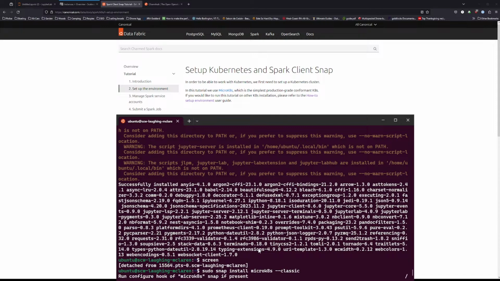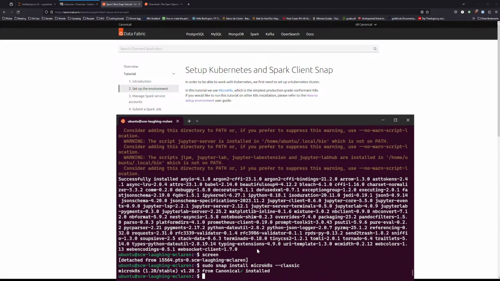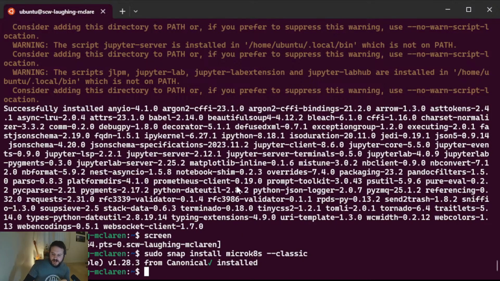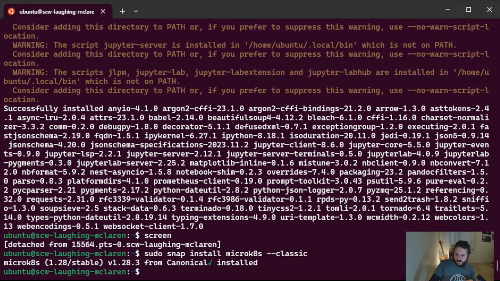So whilst that's doing its thing, you can see now that it's installed a little snap package. Let's move my face over there. There we go. So we can see that it's installed a snap package, and this is installed 1.28 stable. You can tell it to install different versions. They're called